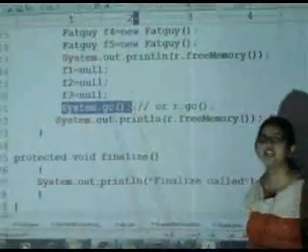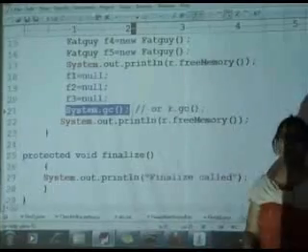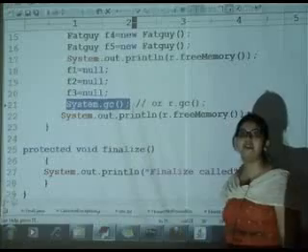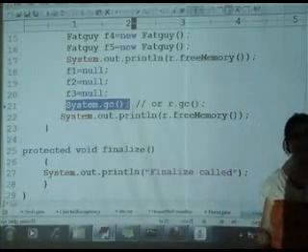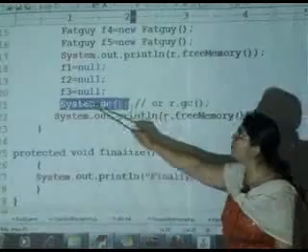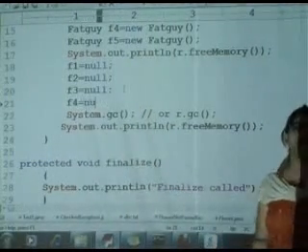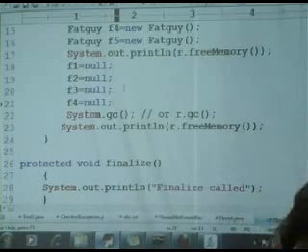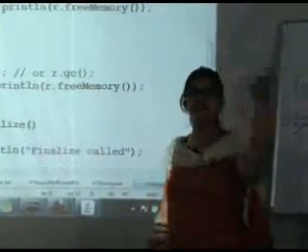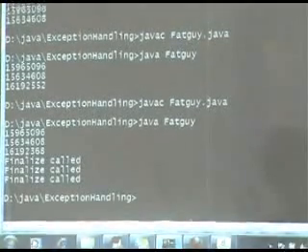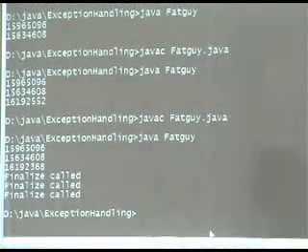Then I go to the second object and I try to reclaim that. It is also fat guy, execute this finalize, come back again. Go to the third one, reclaim that third object, finalize is there, execute that. So if I include F4 equal to null, please include F4 equal to null. Now I am sure that 4 objects are there which do not need reference. So whenever the GC is going there and reclaiming them, finalize would be called how many times? 4 times. Why 4 times? Because there are 4 objects. Can you please compile it and run it again.